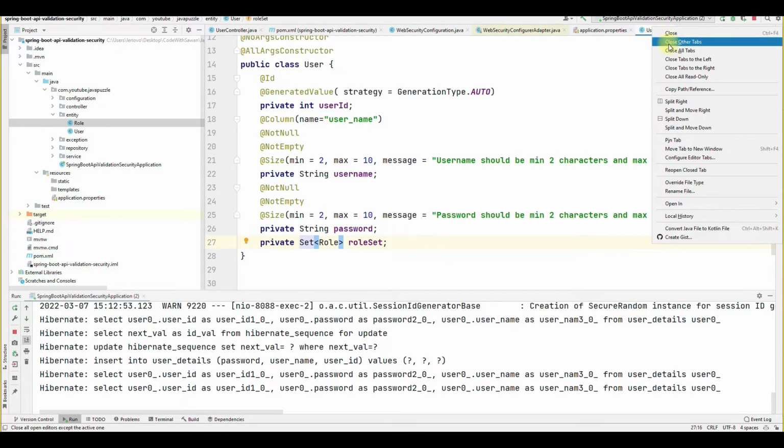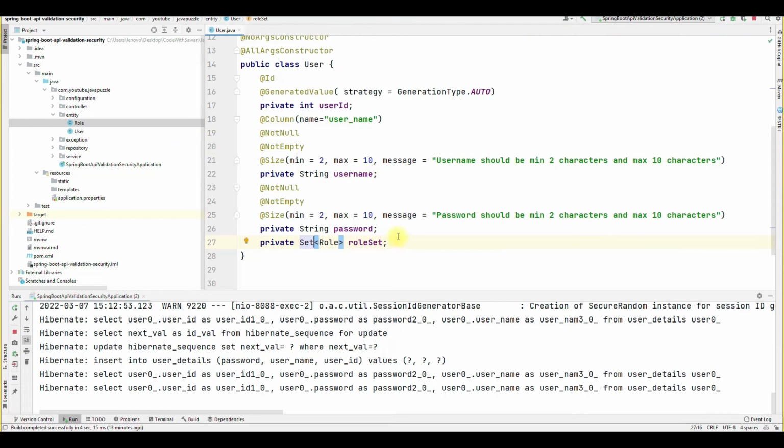Here we have to pass this, firstly, because this is a many to many relationship, because one user can have multiple roles and multiple roles can have multiple users.